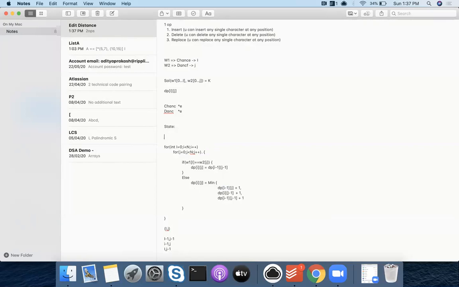All you need to do is come up with a base condition. What will be the solution of dp[0][0]? Or in fact, what will be the solution for dp[0][j]? What does the 0, j state mean? That there is no character in the first string and your second string has j characters. So in how many operations can you make word 2 similar to word 1? j, right? That's the base condition. Similarly, another base condition: dp[i][0] will be equal to i.